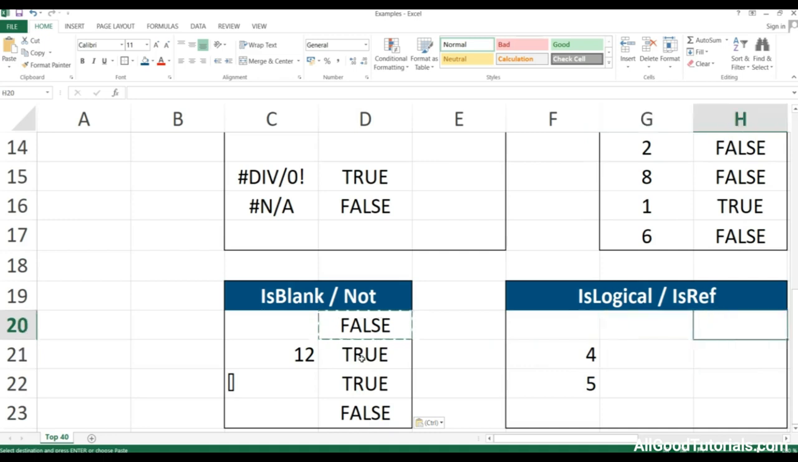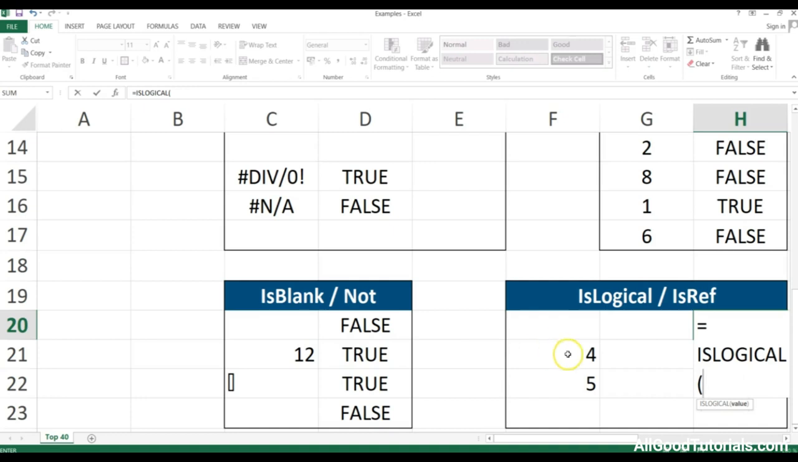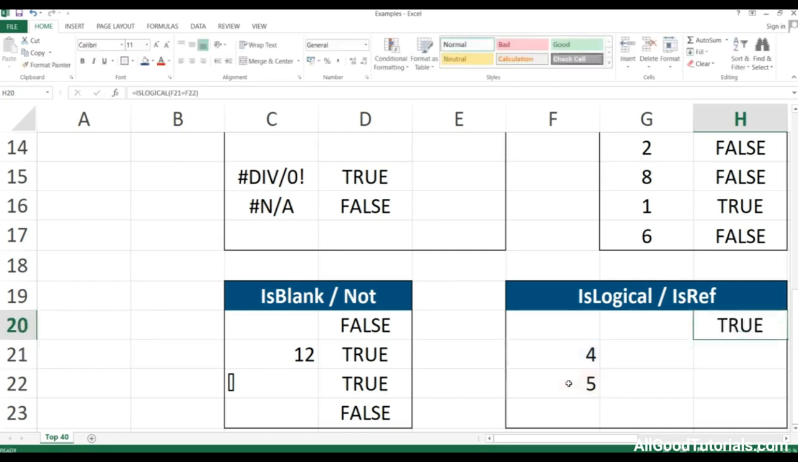First of all, isLogical, for example. So we need, let's say, this here. As you can see, there is an operation inside. It is a logical operation. Obviously 4 is not equal to 5, but because there is a logical operation within the brackets, it will return true. And then the isRef, for example, is going to return true if